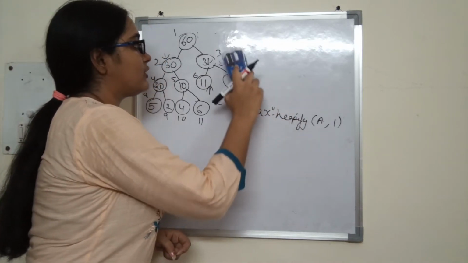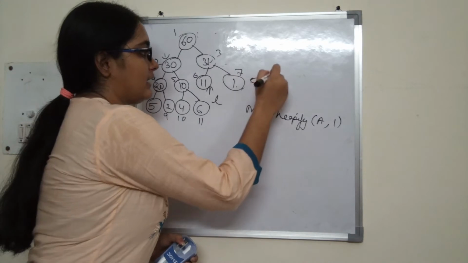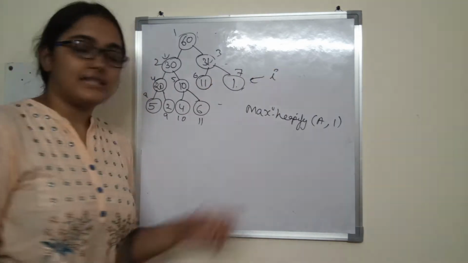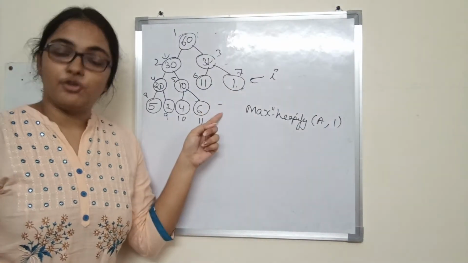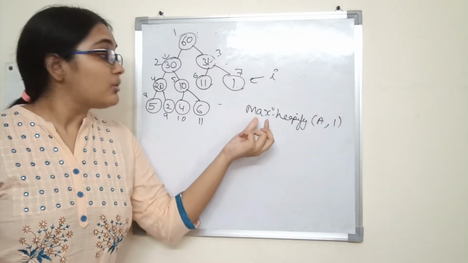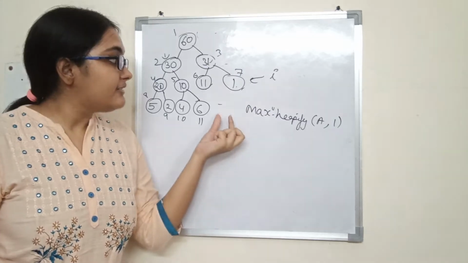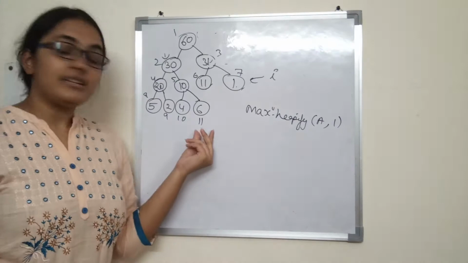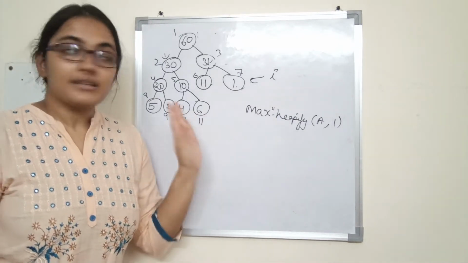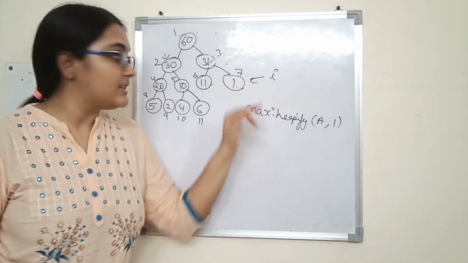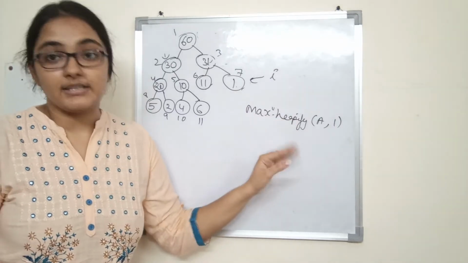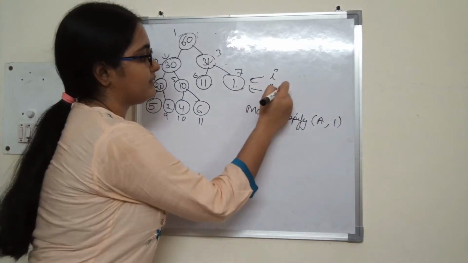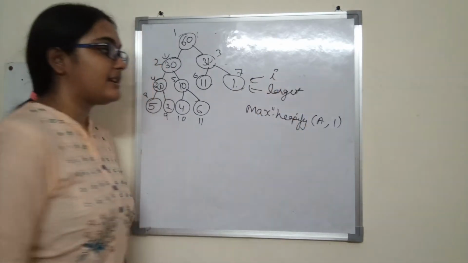What happens when it calls max heapify on this? Now max heapify is called on this. Left child is 14 and right child is 15. But what happens is the 14 and 15 are not less than or equal to heap size. What is heap size? 11 is the heap size, but these elements are not present in the heap. Its left child and right child are not present in the heap. So according to the code, largest will point here, and the last if condition fails.